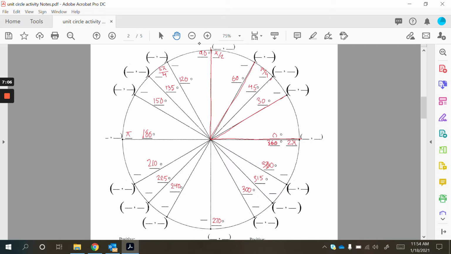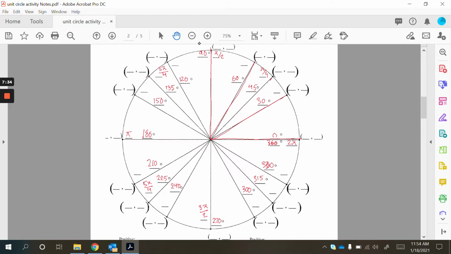4 pi fourths, which is just 4 over 4 is 1, so we have 1 pi. 4 pi fourths, 5 pi fourths, 5 pi fourths, so this is 6 pi fourths. 6 fourths simplifies into 3 pi halves,